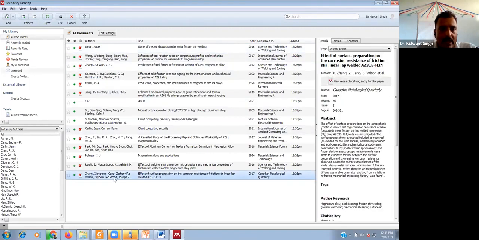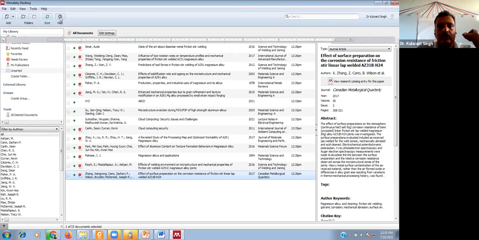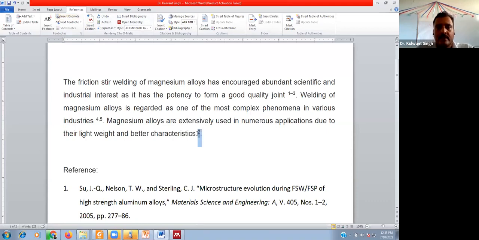And suppose I want to cite this document, then click on this document, and there is the cite option. This option will appear when we select the go to Mendeley option from the document. Otherwise, the cite option never appears here. Just when you click on cite, that particular document is selected. And now this is number two here, and there is also two, meaning we have used the second reference more than one time in this paragraph. So it will automatically manage these things.